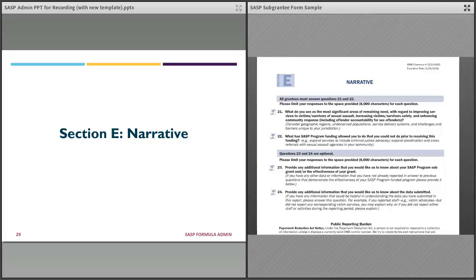We here at VAWA MEI look at this question before we look anywhere else on any part of the subgrantee report. This narrative question occasionally indicates reporting difficulties and misunderstandings, so please, as SASP administrators reviewing the subgrantee report, do follow up with your subgrantees if you notice anything in the narrative questions that suggests the subgrantee might need assistance with the reporting form, or if they need additional assistance with how to go about collecting their data.